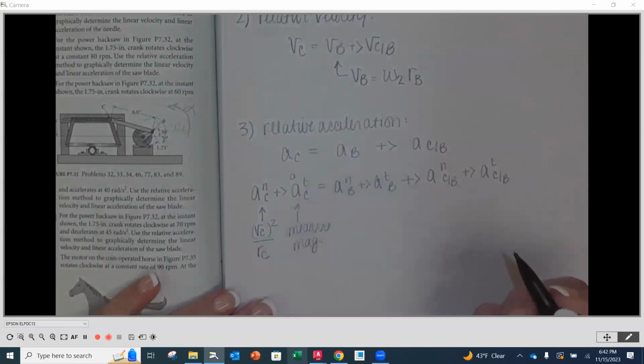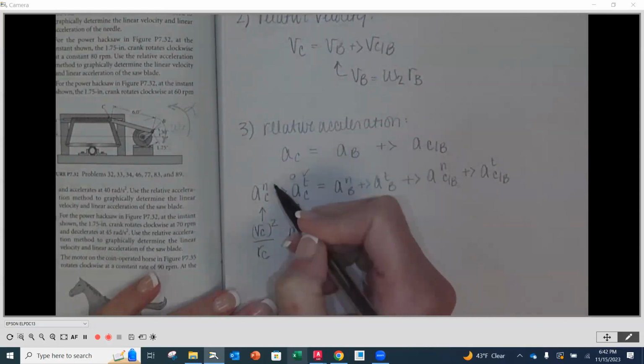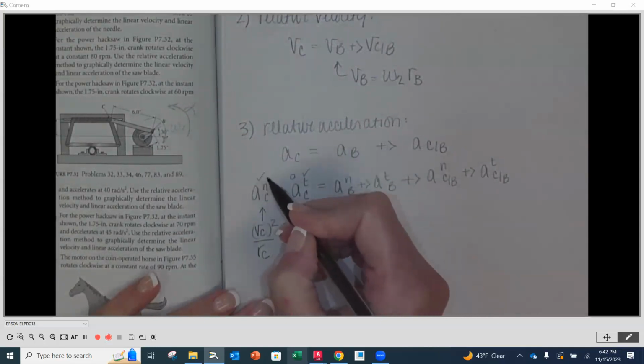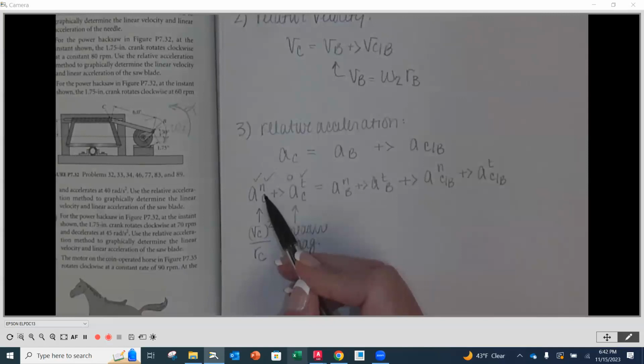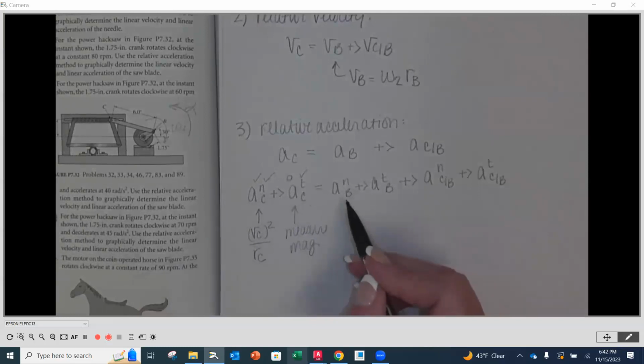But its direction we know to be perpendicular to the normal. And this one we'll know both, because the normal always points from that point that we're looking at back towards its center of rotation. So C, we know where its center of rotation is. Now, as we cross over,